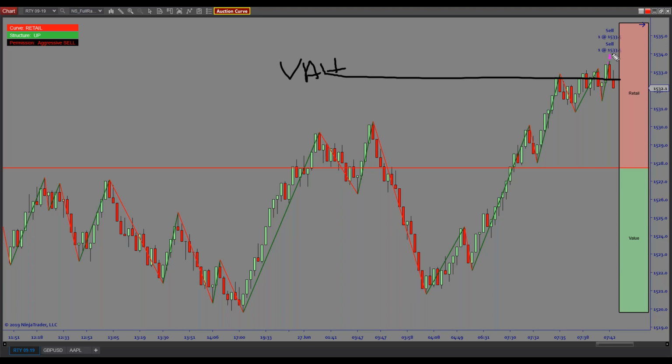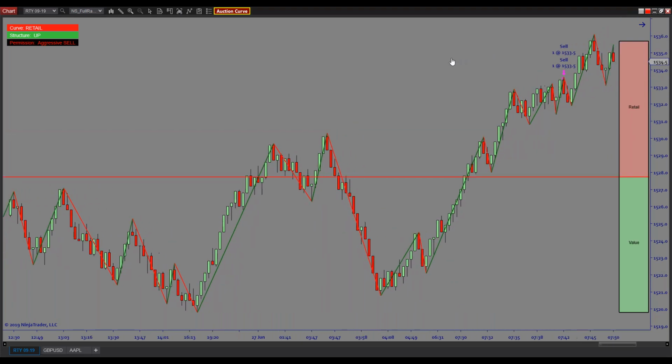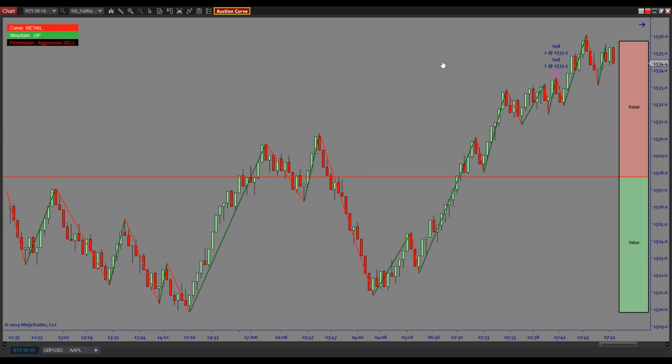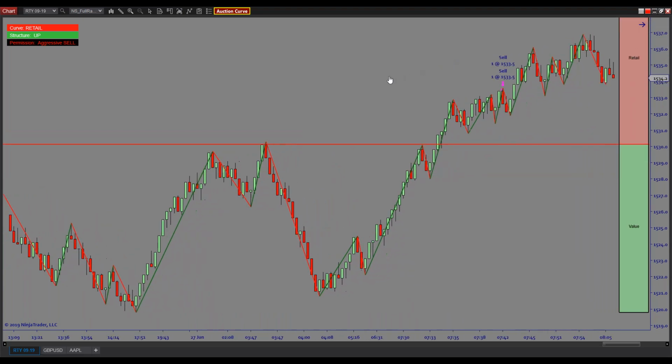Okay, so what we do here is I'm aggressive taking this short because I'm at retail levels. So I want to be a seller. I'm just doing so against the market right now. The market has not yet proved itself. So let's continue on. Market went up. Market wasn't ready to go down. Let's continue on. Market kept going. I was taking a bit of heat in the trade.